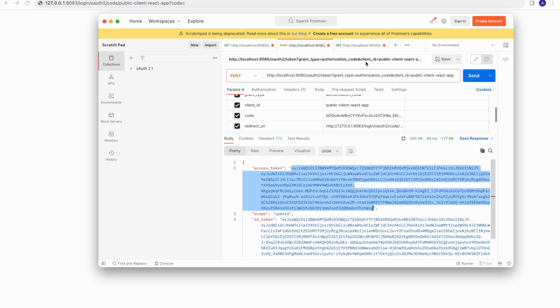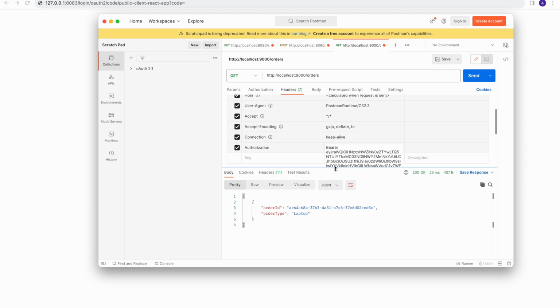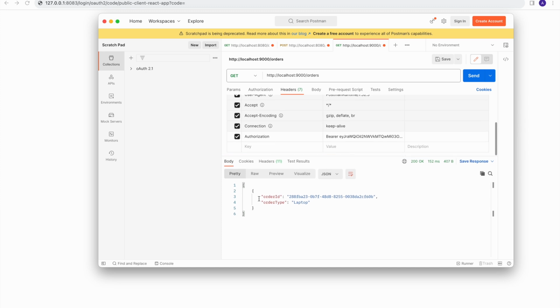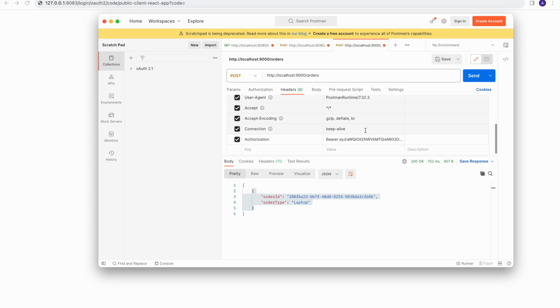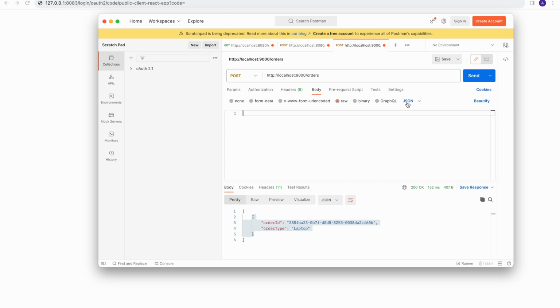Let's copy this access token, and if we go here, inside the headers you need to pass the bearer token, the updated one. Okay, so now if I hit this endpoint, we will receive this data. Now if you see, this is the data we are receiving. Now if I cut this, let's try to create one order. So if I perform a POST call on this, inside the body we need to pass a raw body as JSON. If I put it in, now if you see,